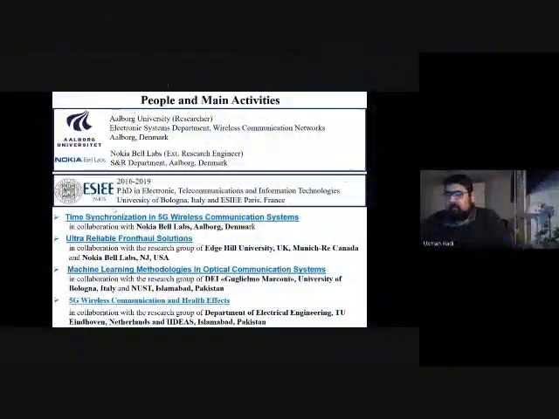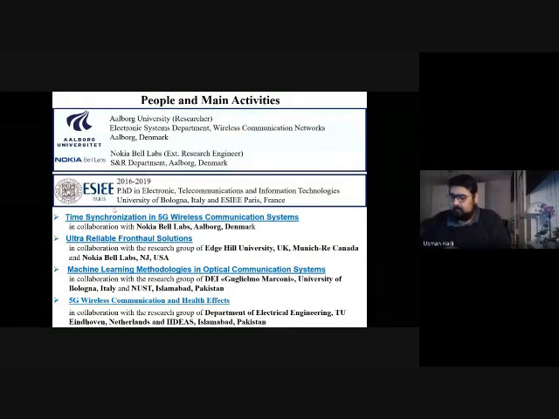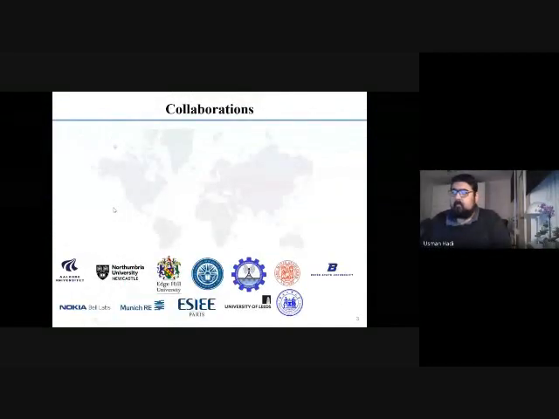These are some of the topics where we are involved in research, starting from time synchronization in 5G wireless communication systems, ultra-reliable fronthaul solutions, then machine learning methodologies in optical communication systems, and 5G wireless communication and health effects. So just giving you a brief overview that